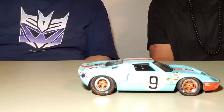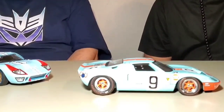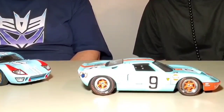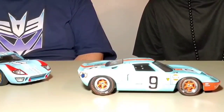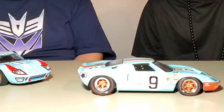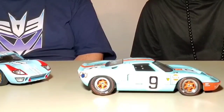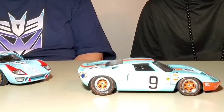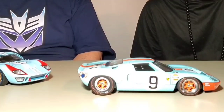So Ford proved the point. They raced there from '64, '65, '66, '67, won in '66 and '67, and dominated in those two years. So they proved their point and pulled out. Privateers, John Wyer's team, was campaigning the Mirage, which was a modified GT40 Mark I with a different